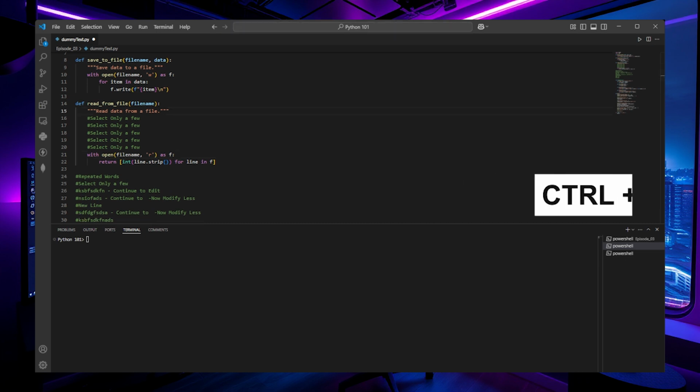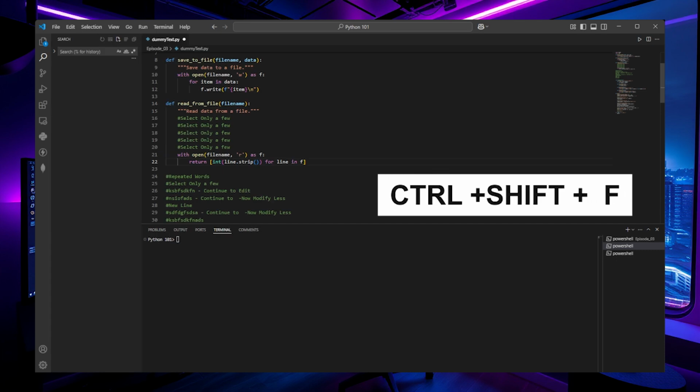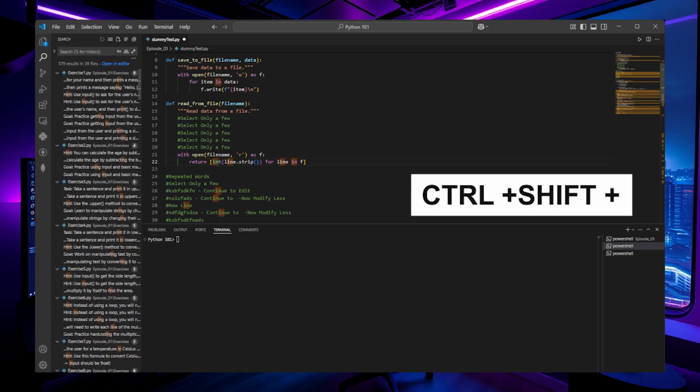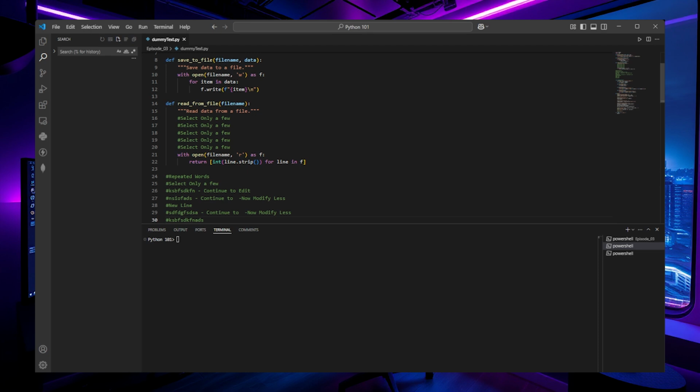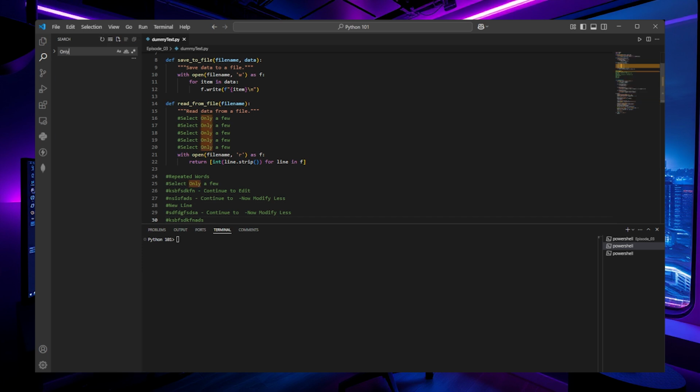And of course, Ctrl and F opens the search box, just like in most apps or even web browsers. But did you know that pressing Ctrl, Shift, and F allows you to search through your entire project instead of just the file you're in? Once you press the shortcut, a search box will appear in the sidebar. When you type something in here, like a word or a number, VS Code will show you every place it appears across all your files. You can use the Tab key to move around inside this menu, or use Shift and